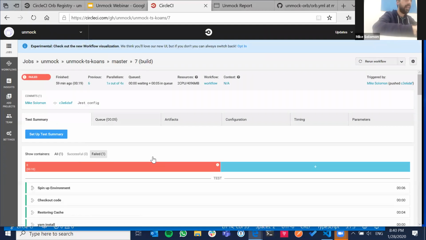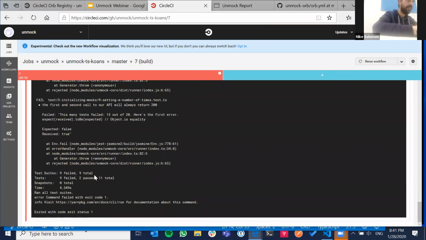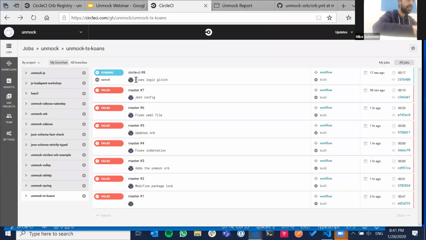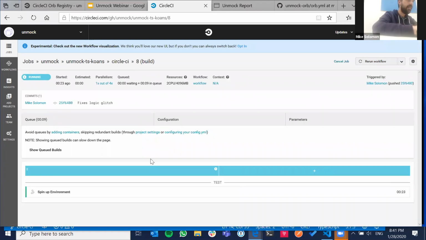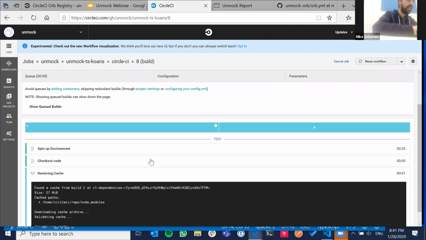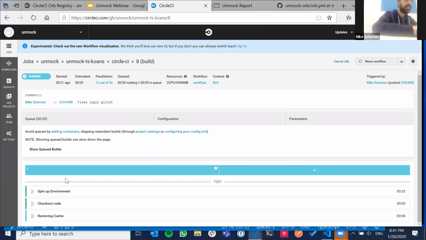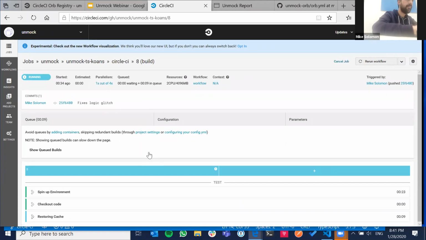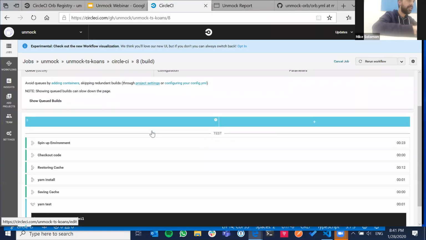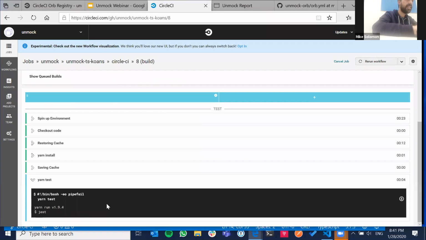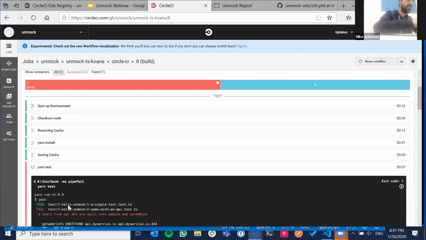So here on the dry run that I did, because I did address reversal beforehand, we see that all of the tests, so 9 out of 9, fail. And if I'm true to my word, then now only 8 out of 9 should fail. So we're going to look at the way that CircleCI works when it's running tests. Now it's doing a bunch of stuff that's not running tests, but it will run them soon. CircleCI is blazingly fast, so it's way faster than my laptop. Usually when it gets to this part, it's quite fast. So we'll see the same flow. The test has passed here as well in CircleCI, and we have the unmock org